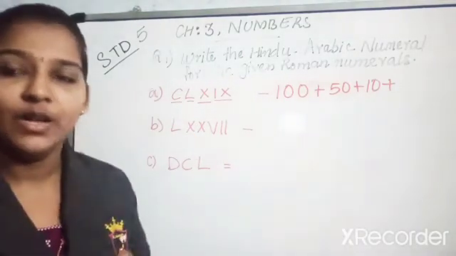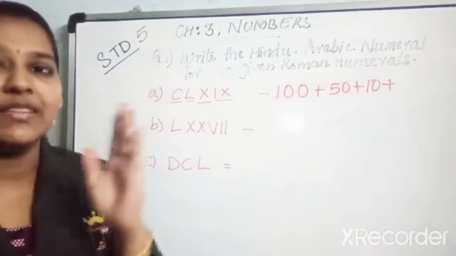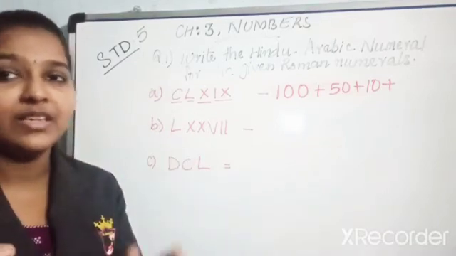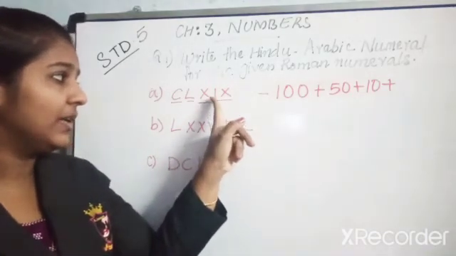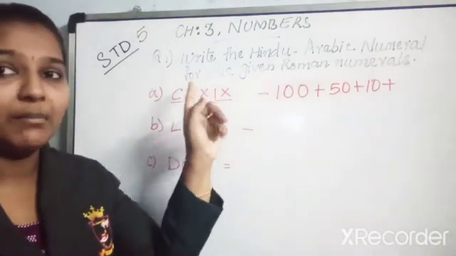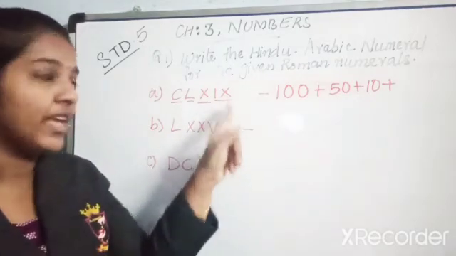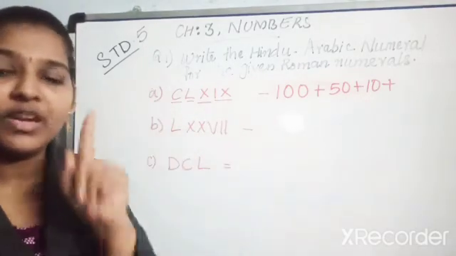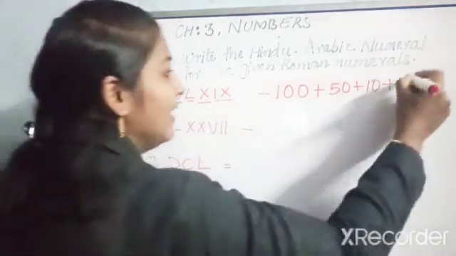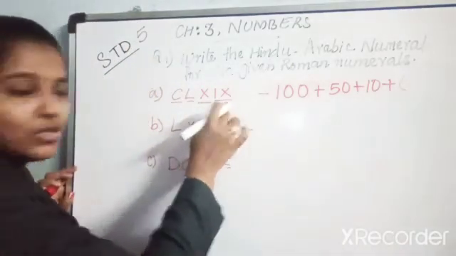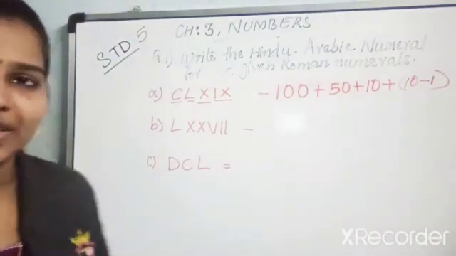I and X. We know the smaller number symbols only we can write on the left side of the larger one, and here on the left side of the larger one, the symbol I came, which means it is subtracting from X. Okay, I is subtracting from X. It is on the left side of X. So you can write X is 10. So 1 is subtracting from 10. That is 10 minus 1. You can write like this.